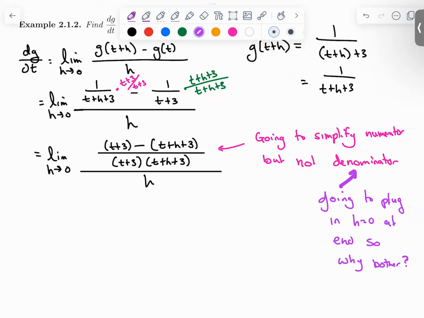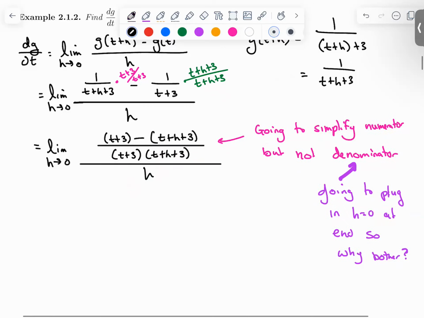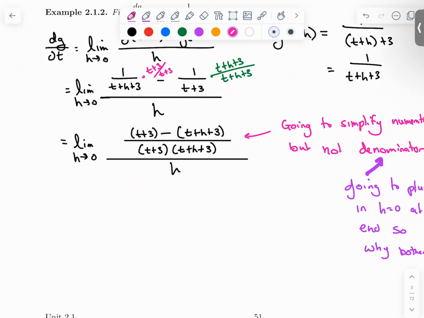Numerator, though, the reason for that is, imagine that this h in the denominator is going to go here. So it needs to be able to cancel with an h in the numerator. That's why I'm simplifying the numerator, but not worrying about the denominator. Anyway, so this will become, once that minus sign is distributed,